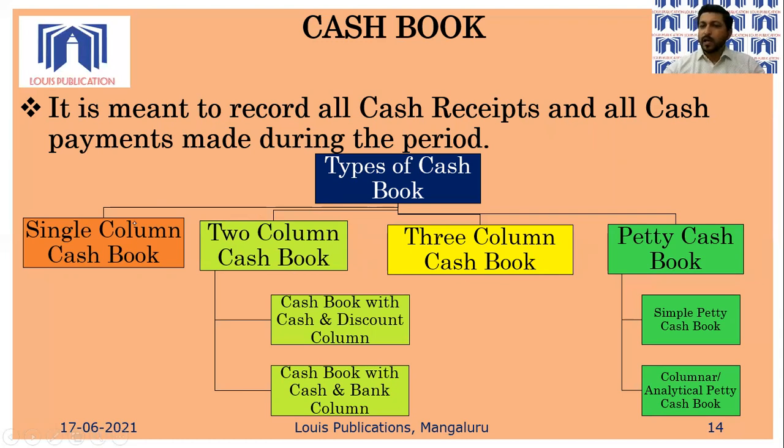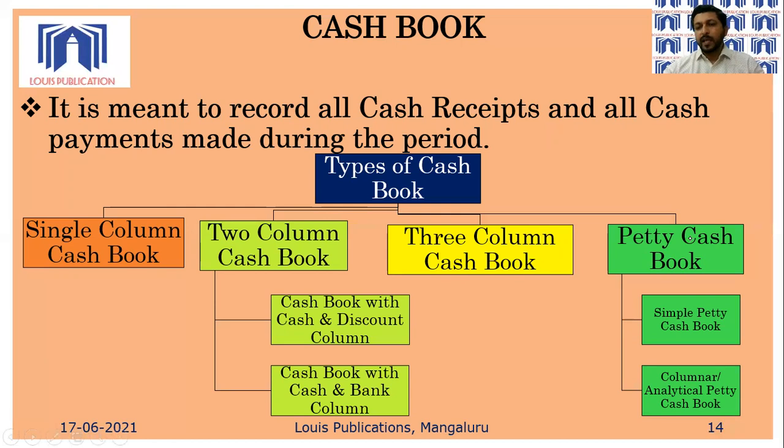We have already discussed single column cash book. In ledger, what we prepared both in traditional form and alternate form is a single column cash book, with only 1 amount column on each side. 2 column is less relevant for the present time. It is basically 3 column cash book that almost all businesses adopt. 3 column means there are 3 amount columns on each side of the cash book. We have the discount column, the cash column, and the bank column on the debit side as well as on the credit side. That's why it is called a 3 column cash book.